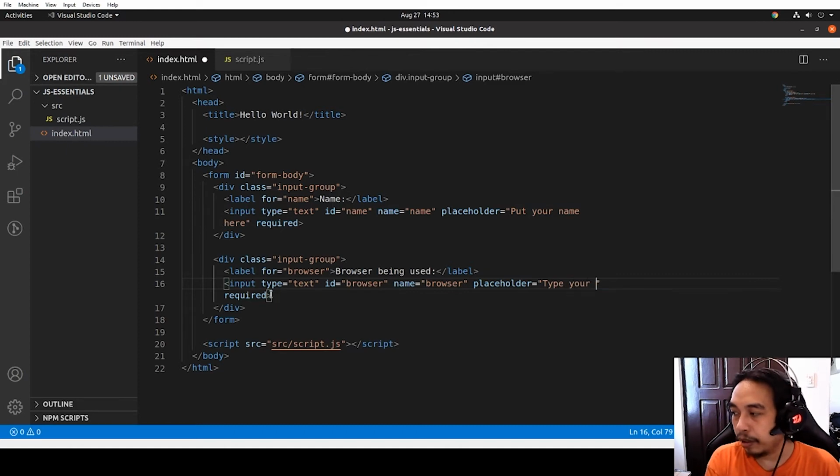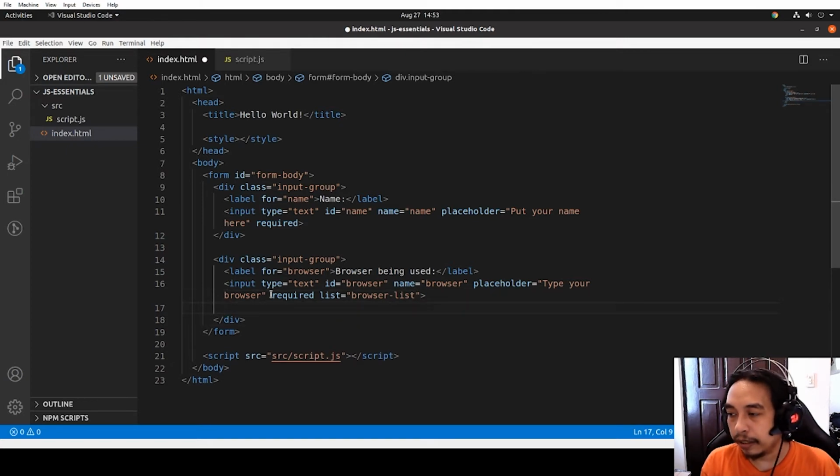Type your browser, but I would add a list called browserlist. And if I do that, I can have a datalist with ID browserlist,